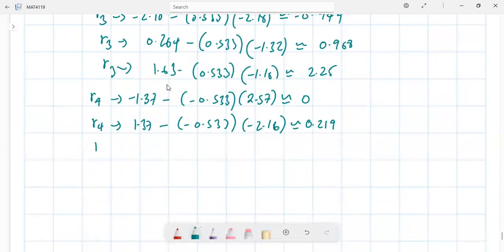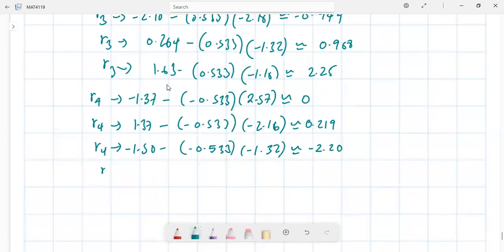And then from row 4, the next element we're going to change is negative 1.50 minus negative 0.533 times the element in the second row, negative 1.32, and this gives me approximately equal to negative 2.20. Okay, and then finally, the element trying to change from row 4, we have